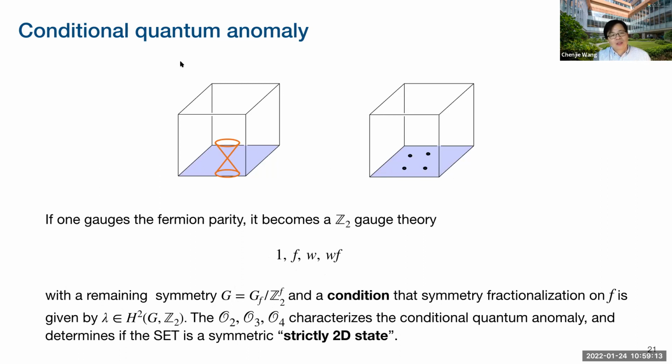In other words, this quantum anomaly says that there is a non-trivial bulk. Even though it's not easy to state what this bulk is, these obstruction functions, O2, O3, O4, characterize the bulk. And if the bulk is non-trivial, that means it's not a strictly two-dimensional system. It is a boundary theory. So if you think of that in terms of a 2D theory, you're going to end up with some inconsistency condition, which are the conditions that I was talking about. But anyway, that's a simple connection that I wanted to make.